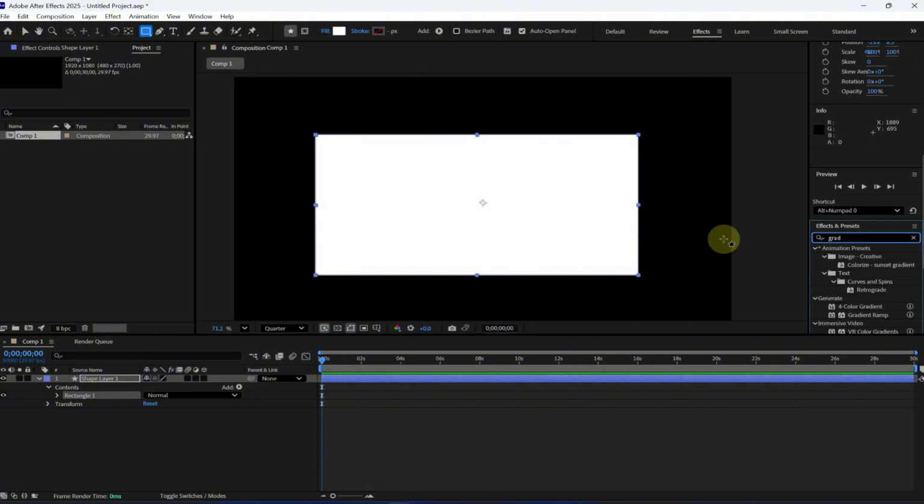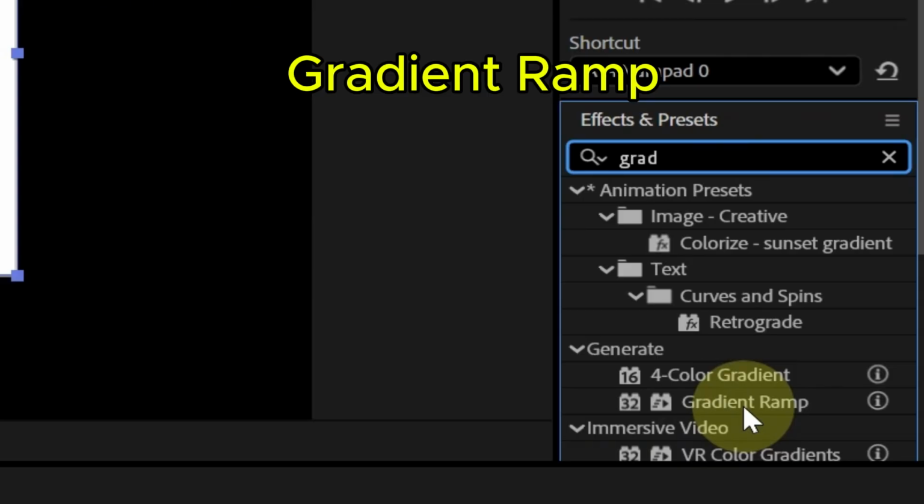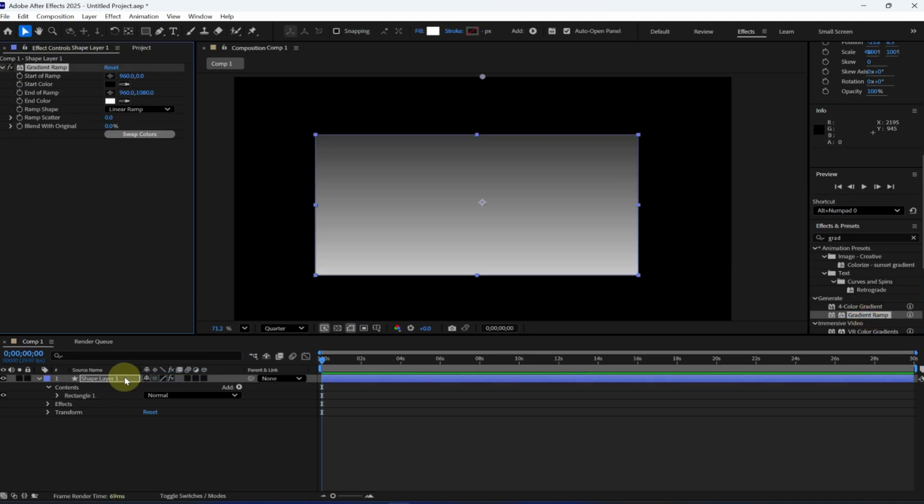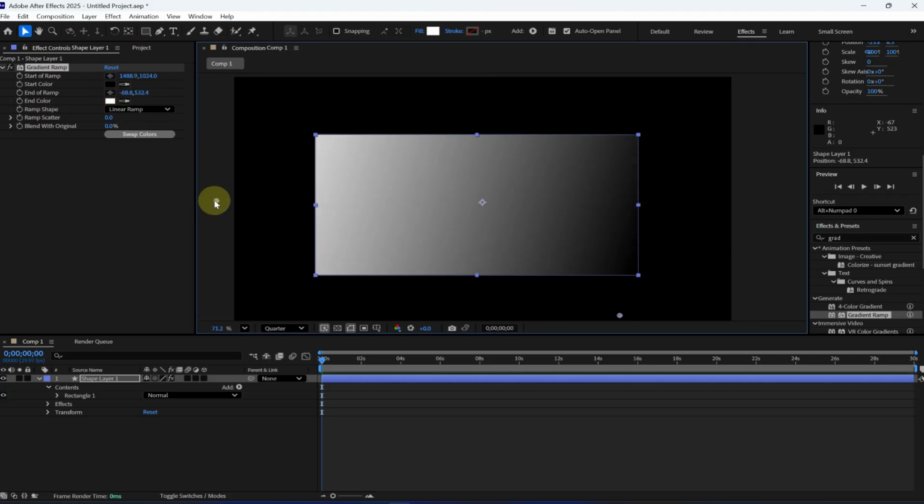We search for gradient ramp. We drag this effect and put it on shape layer 1. Adjust it the way you like until you got a shape you want. Now,